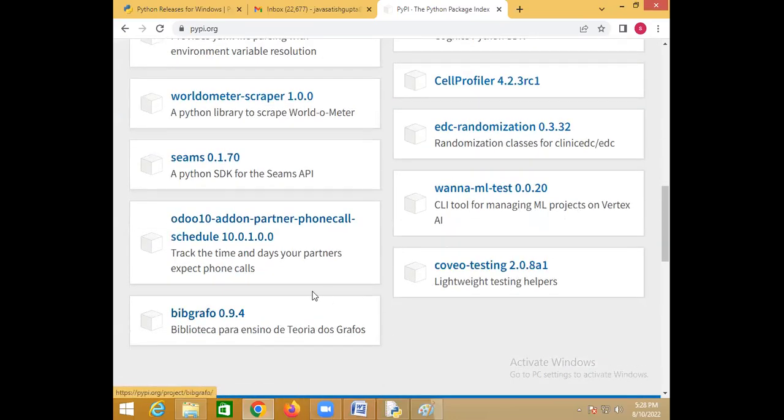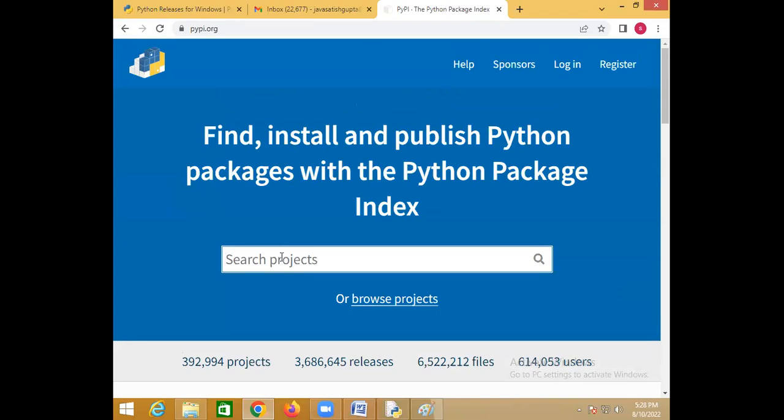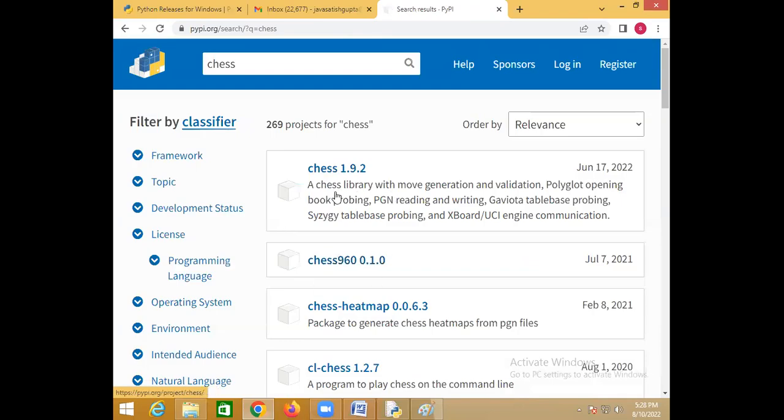Now you can find so many packages here. Which library do you want? You want to develop a chess game? Then you can find a chess library with move generation and validations. You don't require to write anything. You want to create a board, the board is available. In C language, I have to write a lot of code for creating only a chess board.